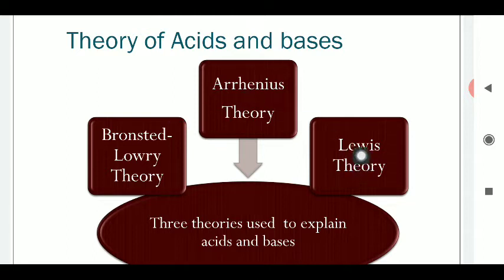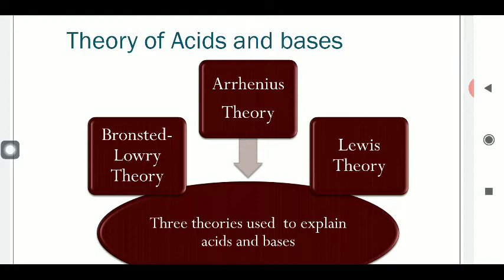Mainly, these three theories have some limitations and also some advantages. In this way, all types of acids can be explained on the basis of these theories, that is Arrhenius, Bronsted-Lowry as well as the Lewis concept. Whenever chemistry was in the elementary stage, we had a very limited number of equipment, and on the basis of physical observation, all chemicals were classified into two main types: acid and base.